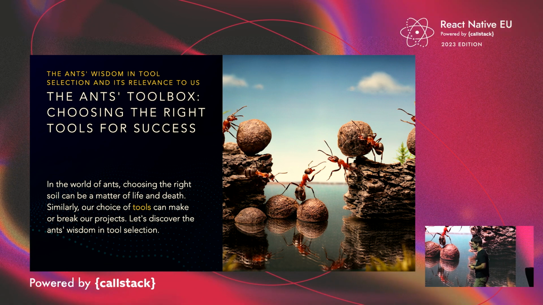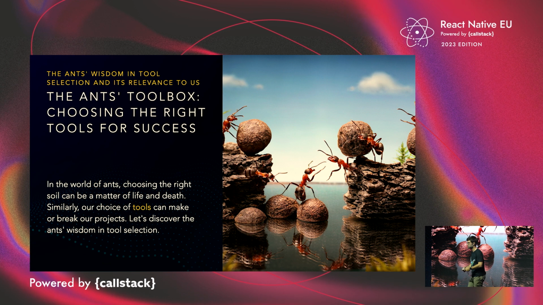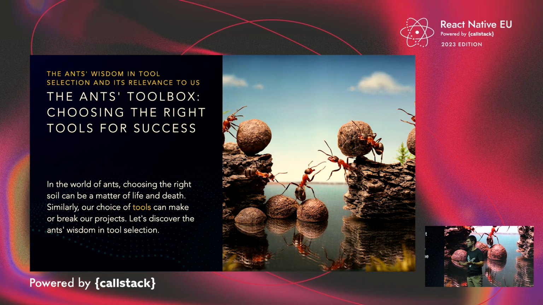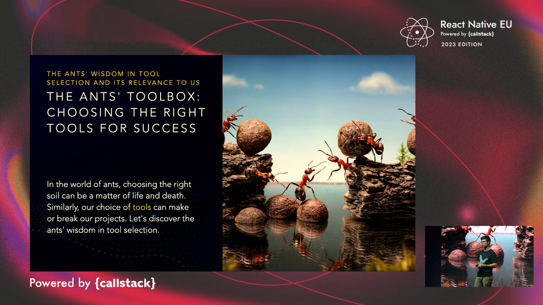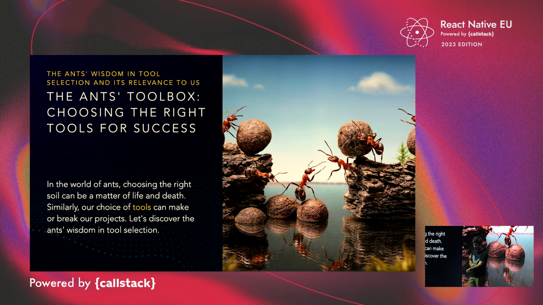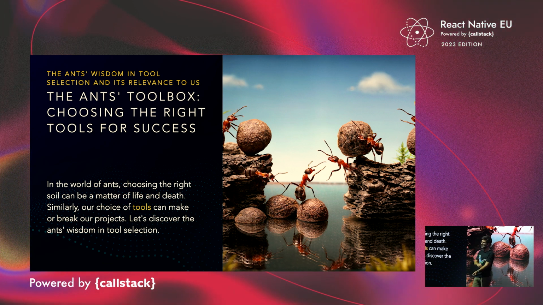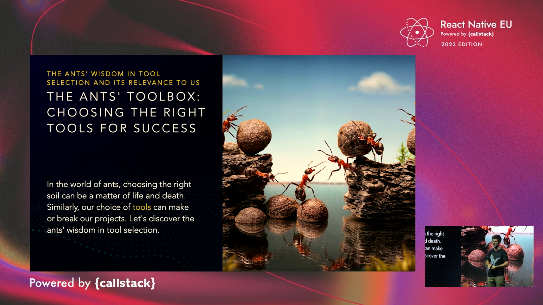And I always use the same example. You can build a table with a stone. I mean, for thousands of years we've been building tables with stones. And the ants can do multiple things. In fact, in Africa, they use ants. When they have a cut, they put the ants there and they close it, and then they kill the ant, and just like pins, the mandibles hold it there.